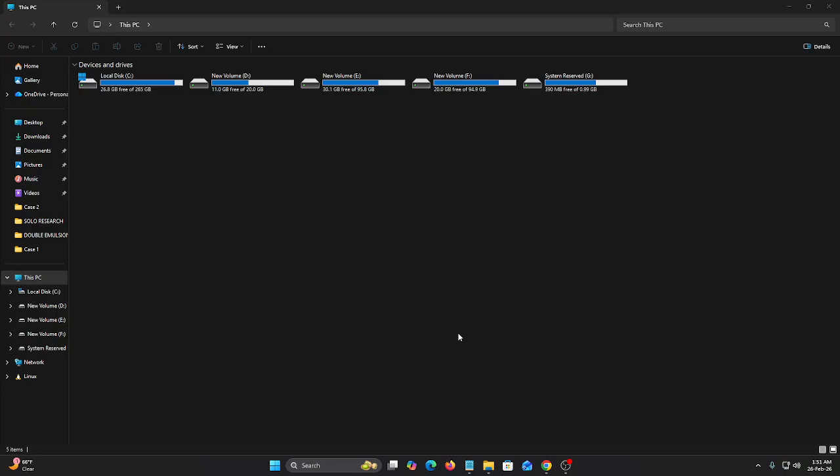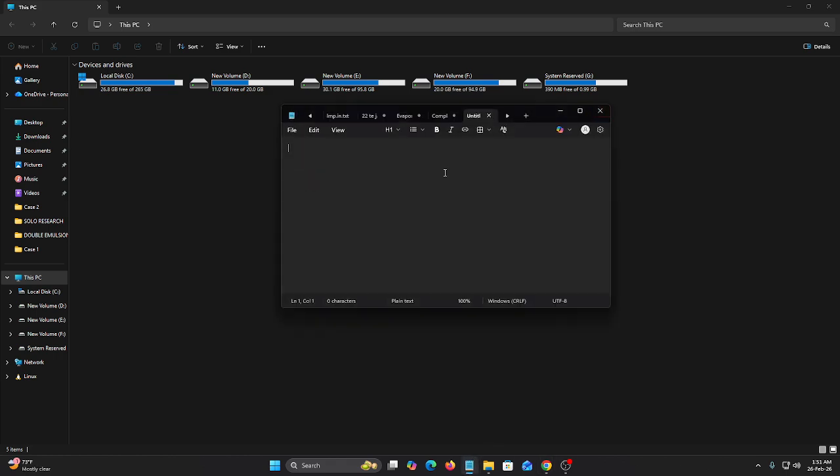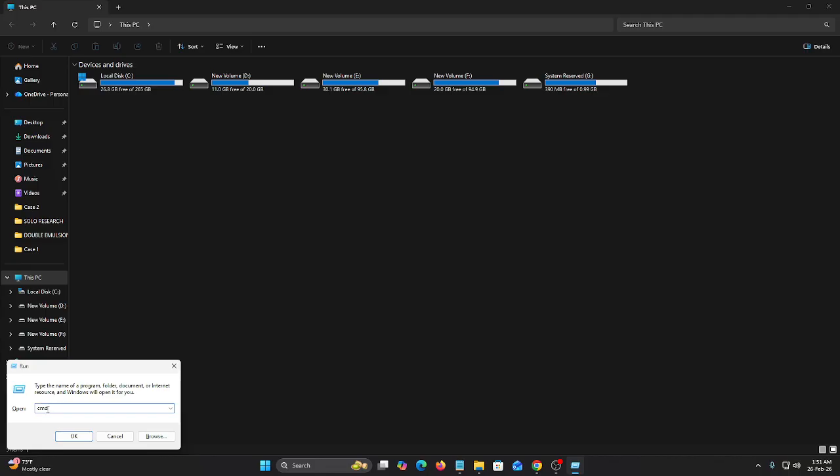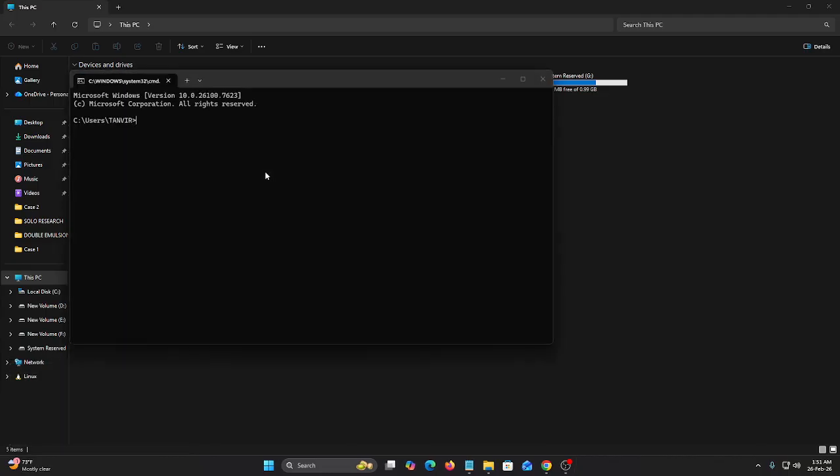For calling LAMMPS, you just need to press the Windows button plus R. I am pressing Windows button plus R. Now here I just need to write CMD. From here we will simply run the LAMMPS code